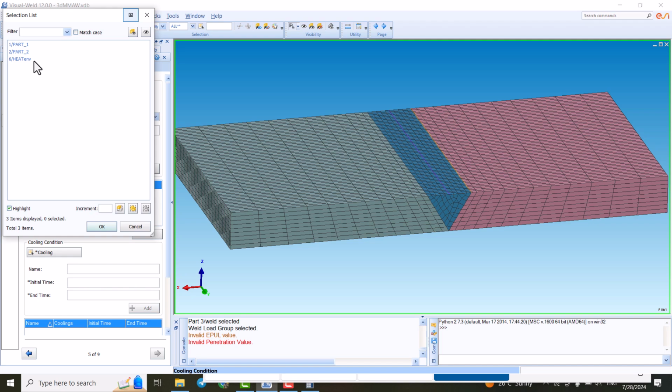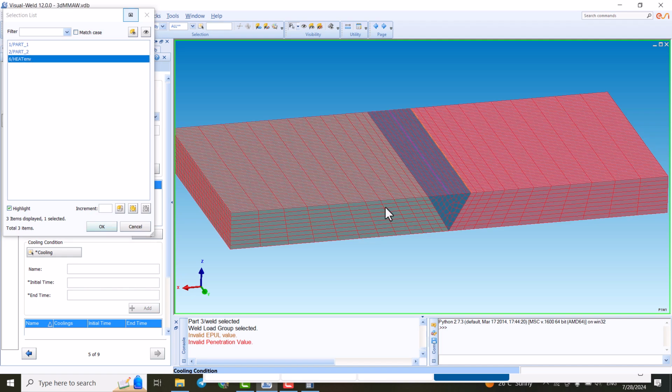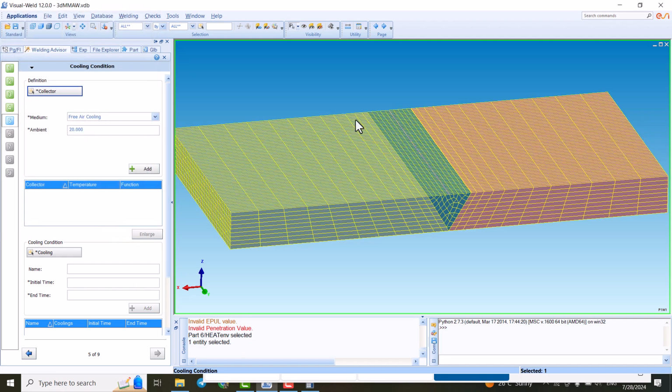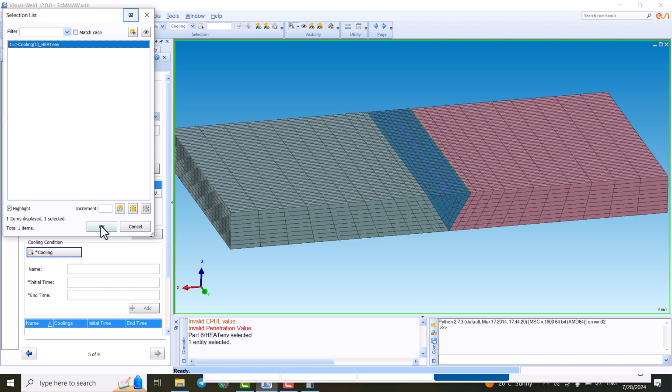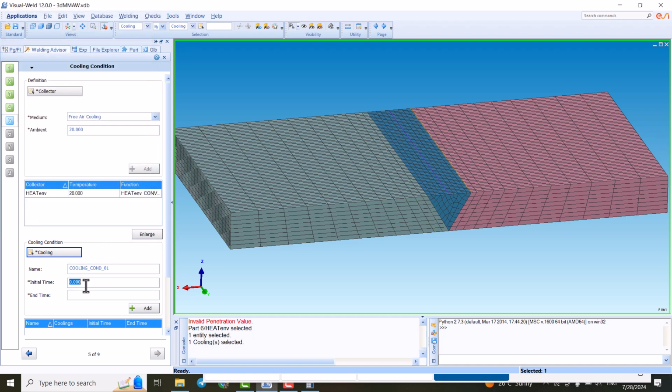We are going to select the heat environment, so this is the heat environment, and we click add. Now we're going to the cooling condition, and I would like to select 25. Oh, oops, it should be 0, and the final time should be 2500,